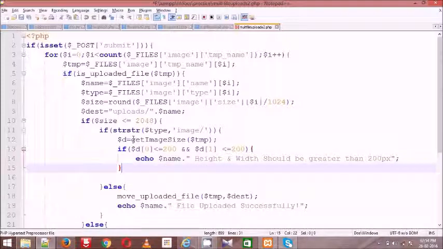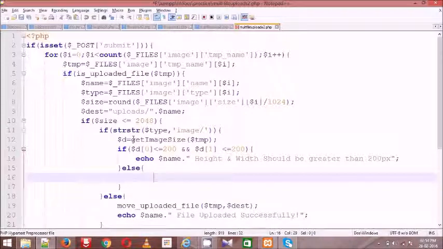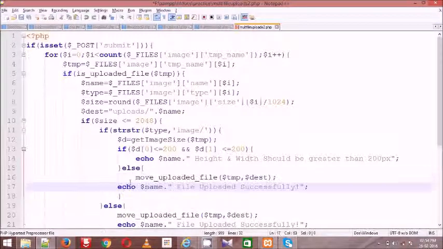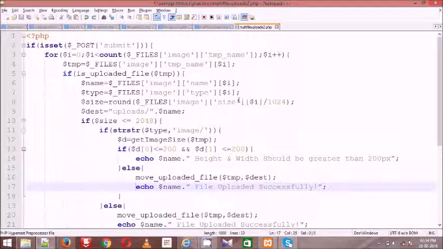And after that, when this condition fails, in the sense the file size is more than 200 pixels, at that time he can upload the file without facing anything. So here again we are moving the file into our destination and we are giving file uploaded successfully.